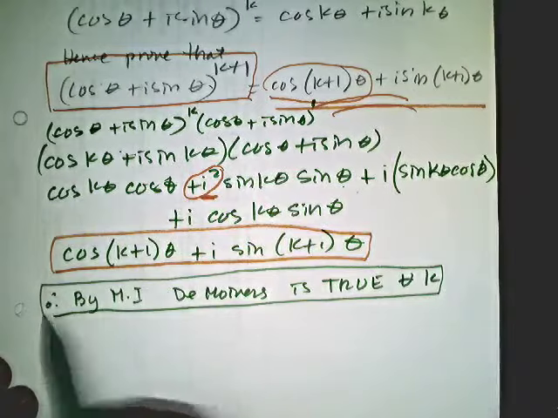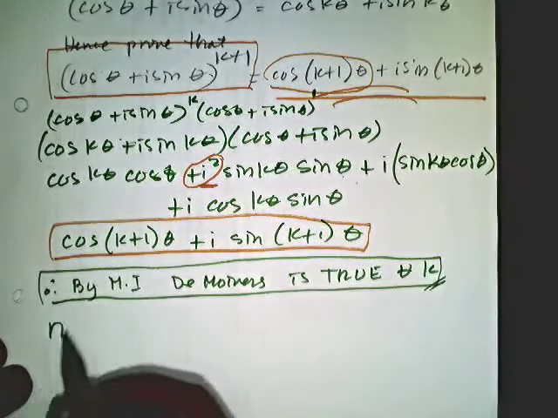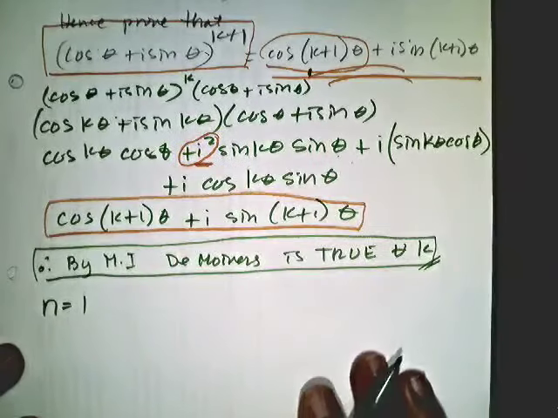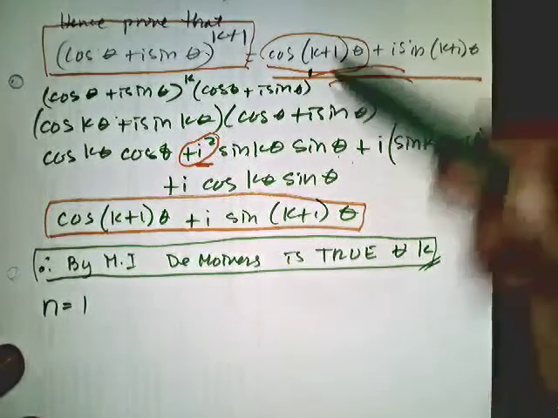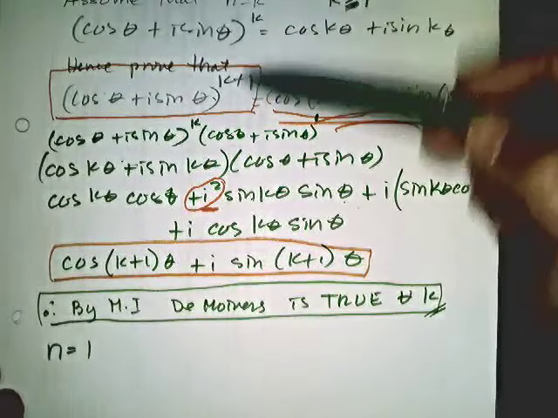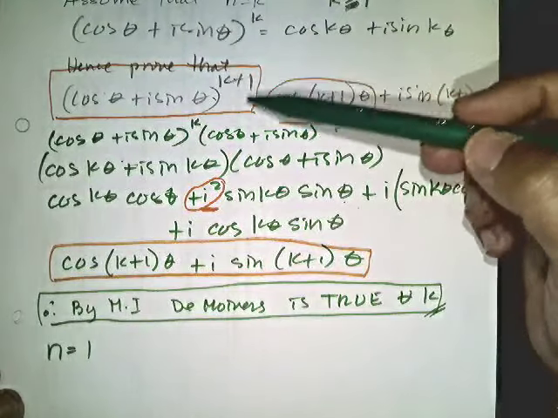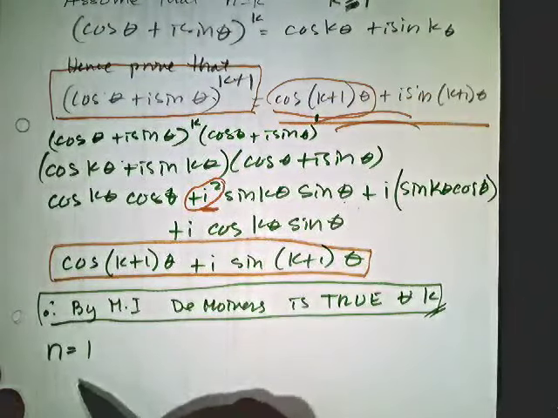So let me just hold this conclusion here for a while. Let me just show that if n equals 1, this is true, because in mathematical induction, you need to assume that it's true for n equals k, you need to prove that k plus 1 is true,